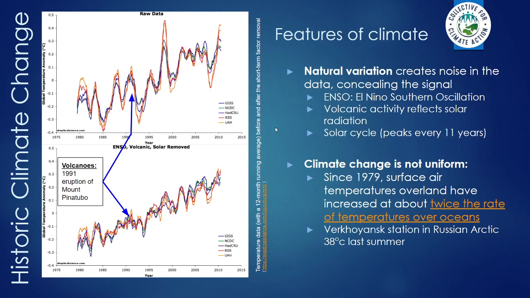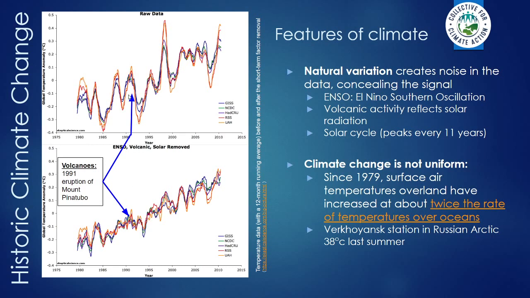So one of the reasons climate is difficult to study is because there's a lot of natural variation in the system. So that creates noise. So this is the signal, a signal of pretty steady warming, and this is the raw data with lots of other natural variation making it look a bit messy. So there's something called ENSO, which is the El Nino basically, and that creates warming pulses every few years. So they strip that out, and you can still see that it's a much straighter line. And also there's volcanic activity.